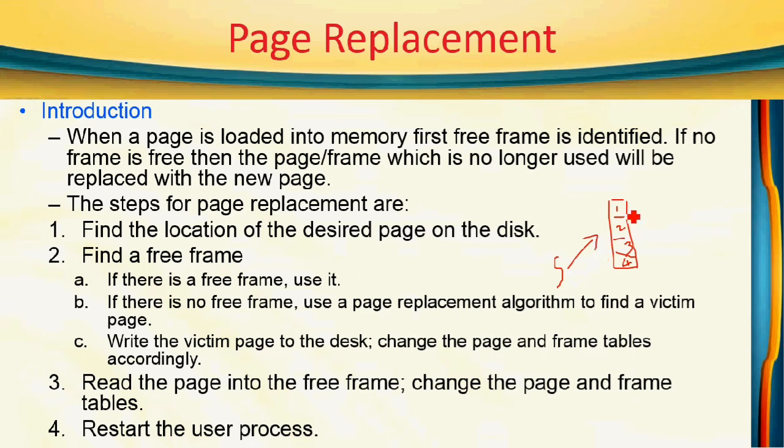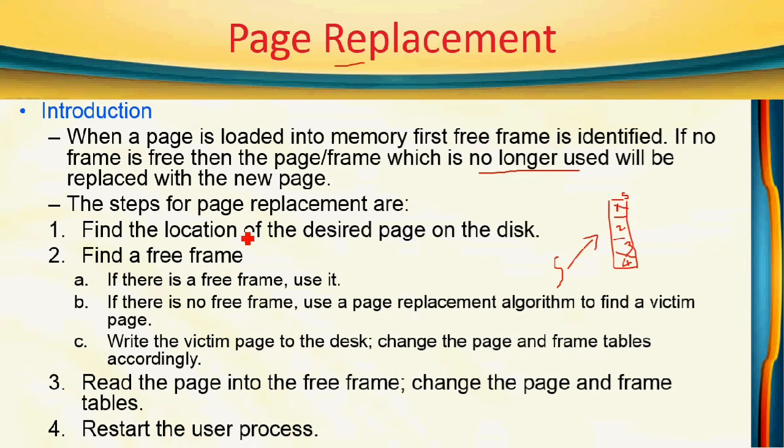We want to load it in the main memory. So we have to find a frame which is free. But here there are only 4 frames, and in all the 4 frames pages are already stored, 1 2 3 4. There is no free frame. In that case, we have to go for a page replacement. Already 4 pages are available. Which page is no longer used? That page will be replaced. Suppose page 1 is not required, it means you can remove page 1. So in this place we can insert this new page 5. That is called a page replacement.